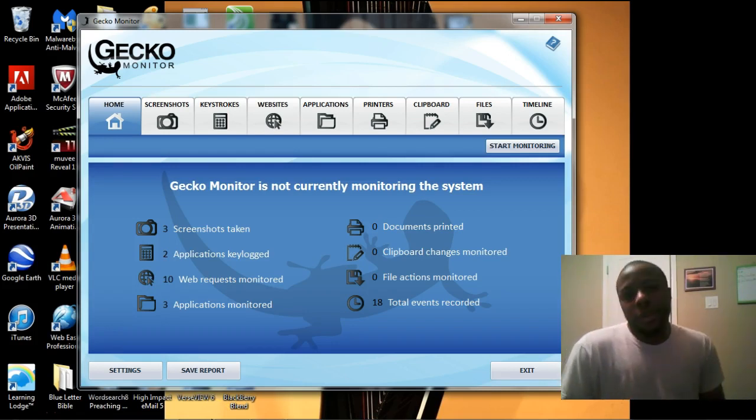Spears Computer World here, reviewing the Gecko monitor software and system that monitors your laptop PC. It's ideal for bosses or for parents who want to monitor their kids, or if you're a boss, you want